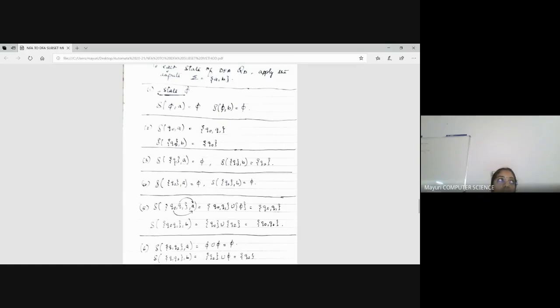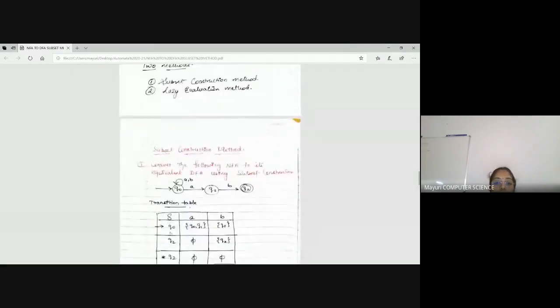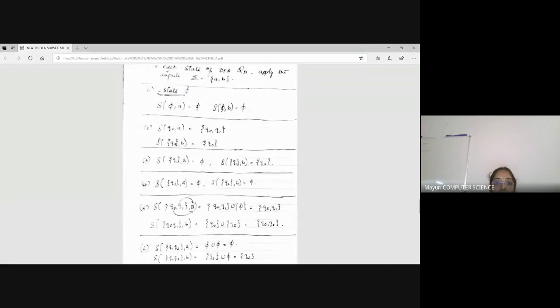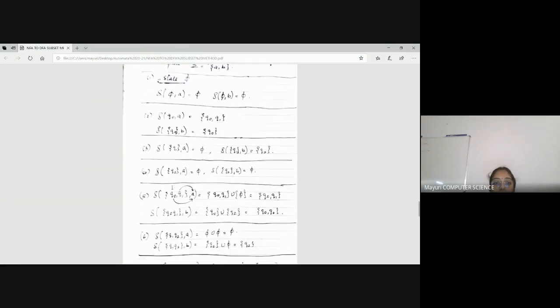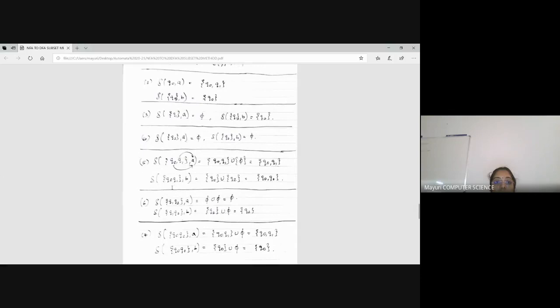Then what is my next state? From the set of states of the DFA, I think after Q0 it is Q1. So give the input A. For Q1 on A, there is no transition, so it is phi. If there is no transition, just look for Q1. And for B, it is going to Q2. Okay. And the next, Q2, is the same; it is coming to the next state.